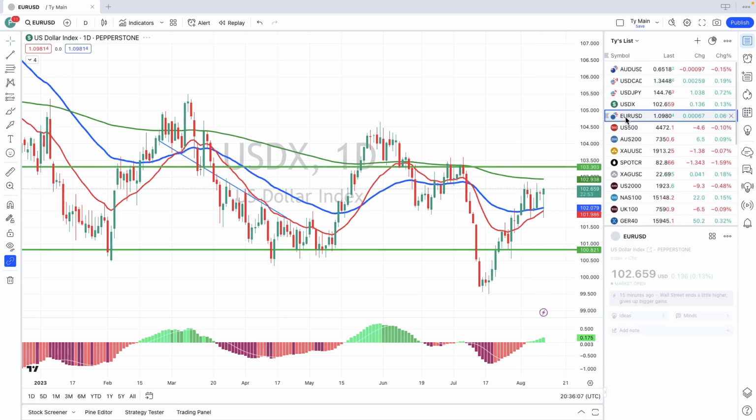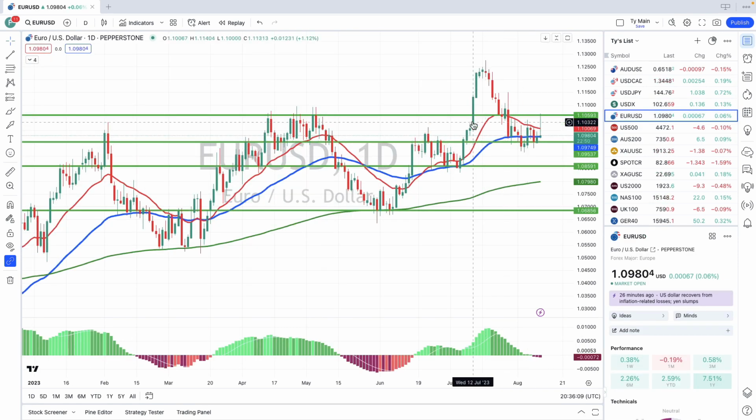But the euro is obviously the one we're going to talk about, because that's the one we're going to trade. It tested the resistance above. You can see in today's trading, it got to the 110.50, but sold off very, very aggressively. And we're seeing a very similar candle to what we saw on the Aussie USD, where it just completely reversed all of its potential gains for the day. We got a close here around that sort of 109.80 area, and it did go as high as 110.50.